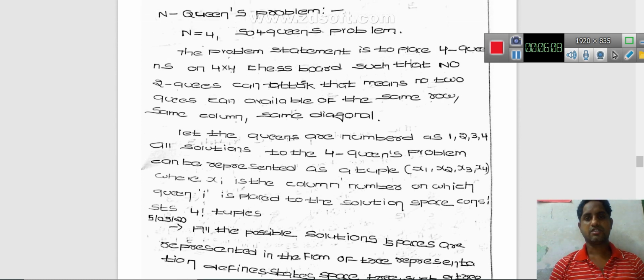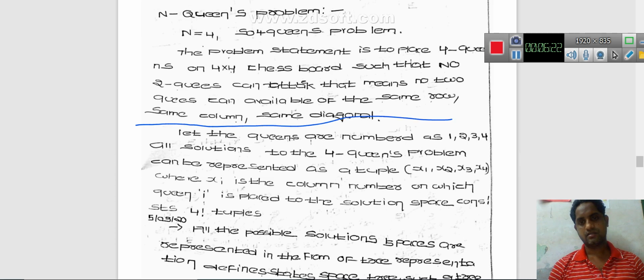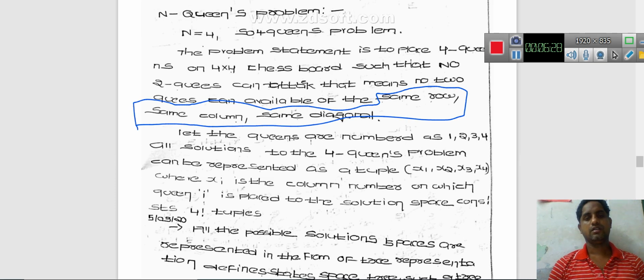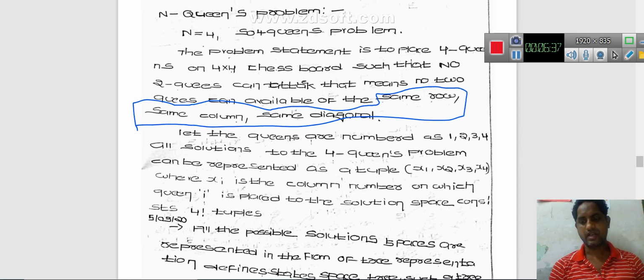So the problem statement is to place 4 queens on a 4 by 4 chessboard such that no two queens can attack. That means no two queens can be in the same row, same column, and same diagonal. This is the main condition to place the queens on a chessboard. Let the queens be numbered as 1, 2, 3, 4.